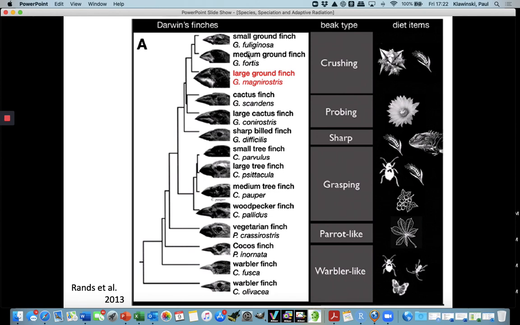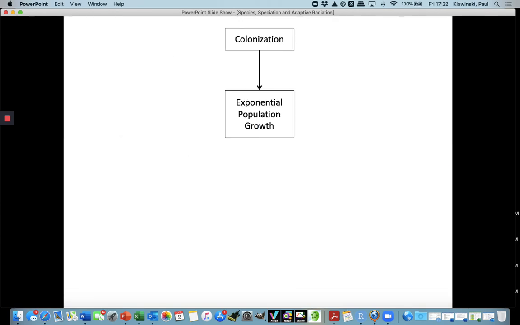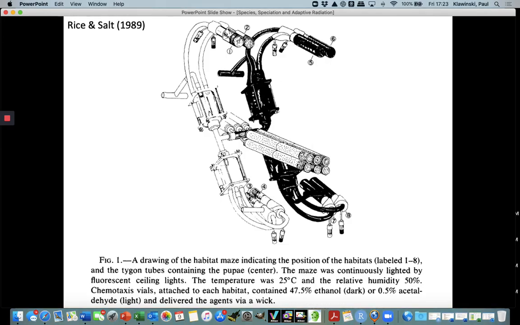And so you're looking at the medium ground finch that is basically eating these types of seeds, and as a result of that, any variation in the morphology either equips you to eat bigger seeds if you're more towards Magnirostris size, or smaller seeds if you're more towards Fuliginosa size. And you can see that these three species are all more closely related to one another than they are to anybody else in the tree, which then goes back to this figure that we had some time ago looking at